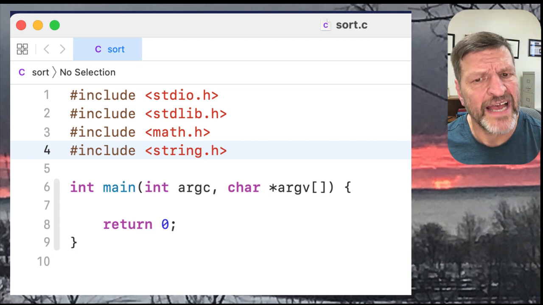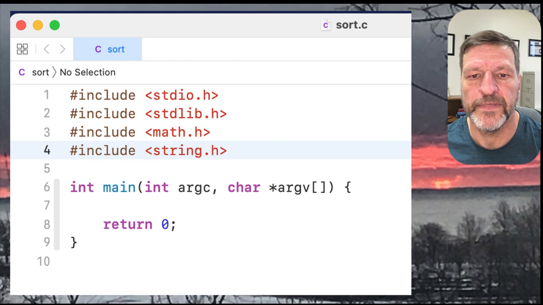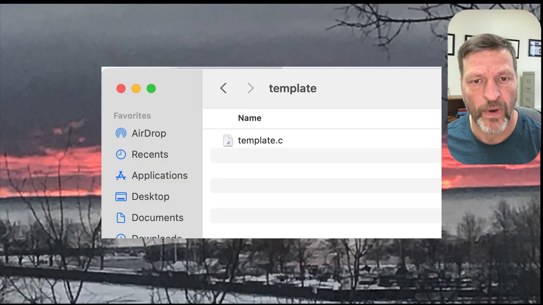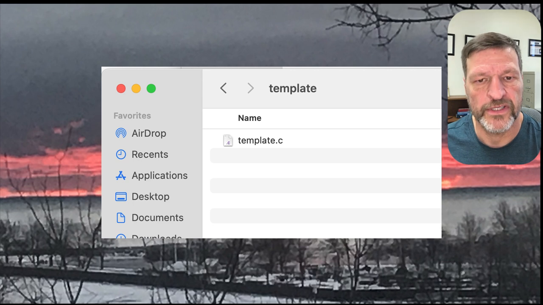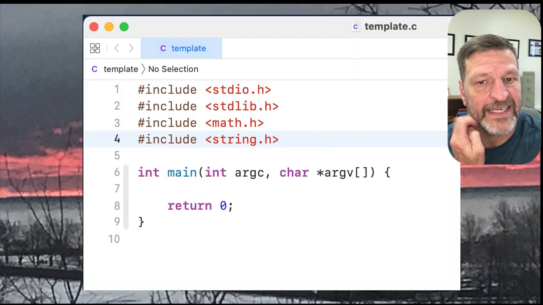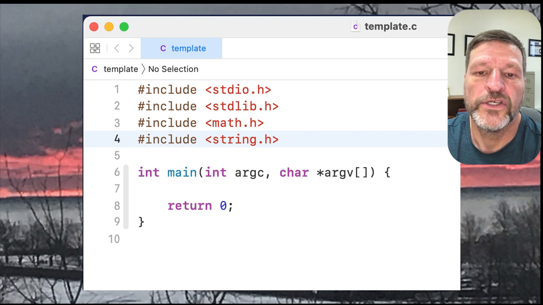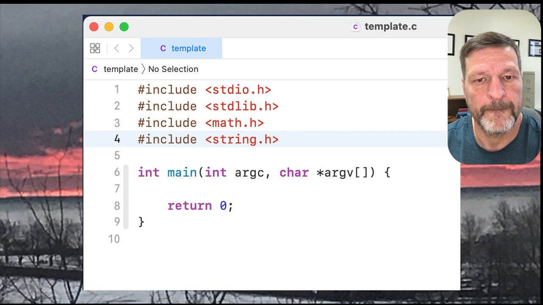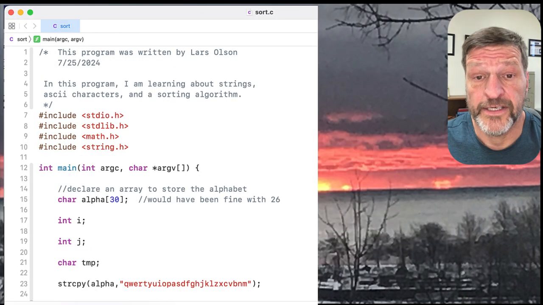Okay, it turns out this library is important enough. I think I'm going to add it to the template as well because I use it quite a bit. And so I'm going to go into the template folder, double click on template.c, and add the hashtag include string.h command to the template as well. Save it and then close that up. All right, so